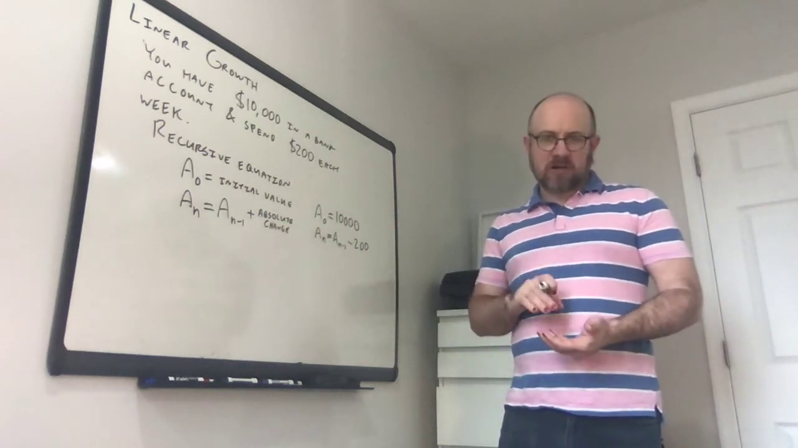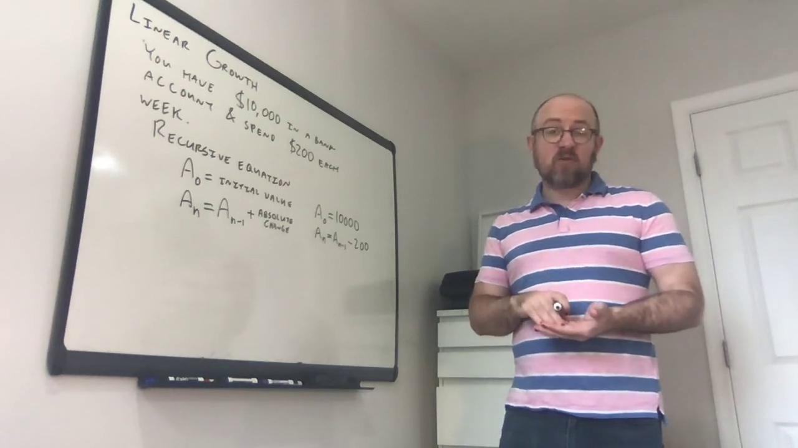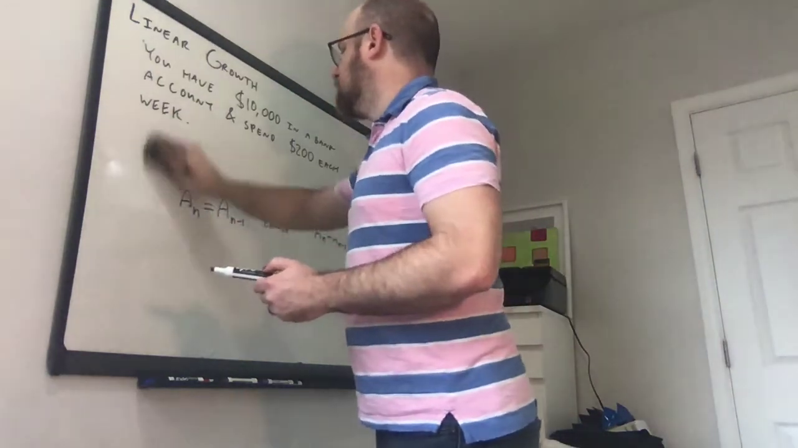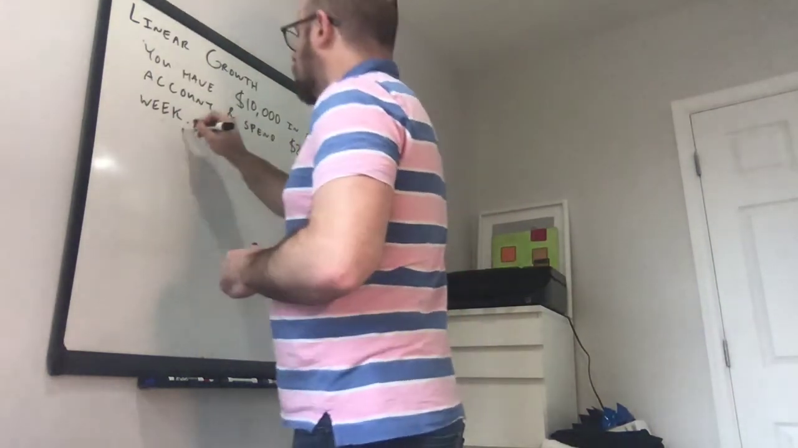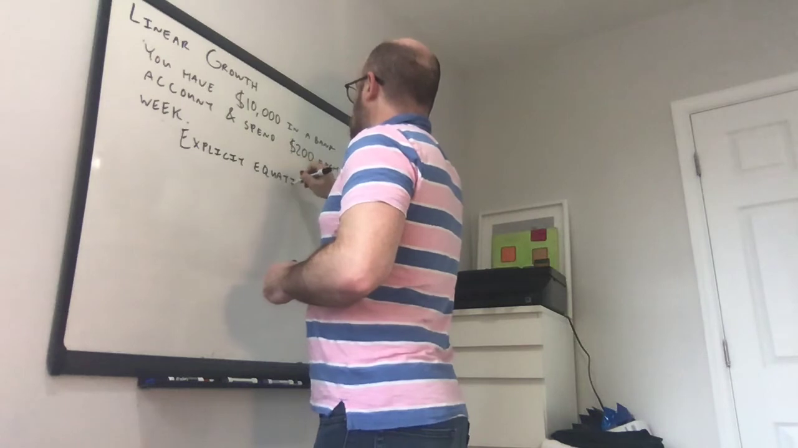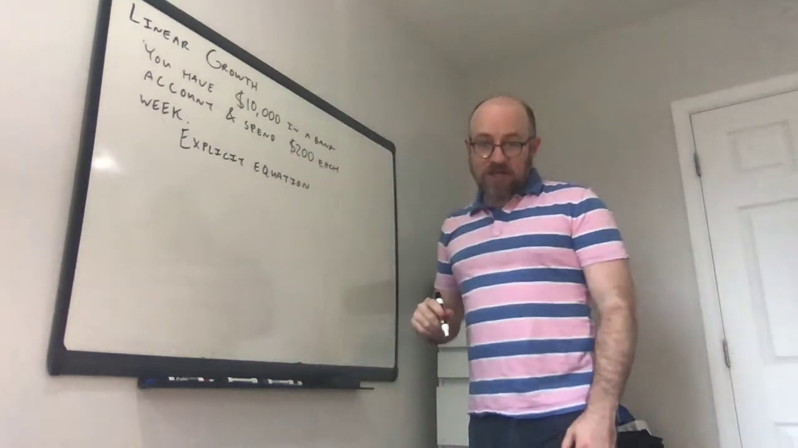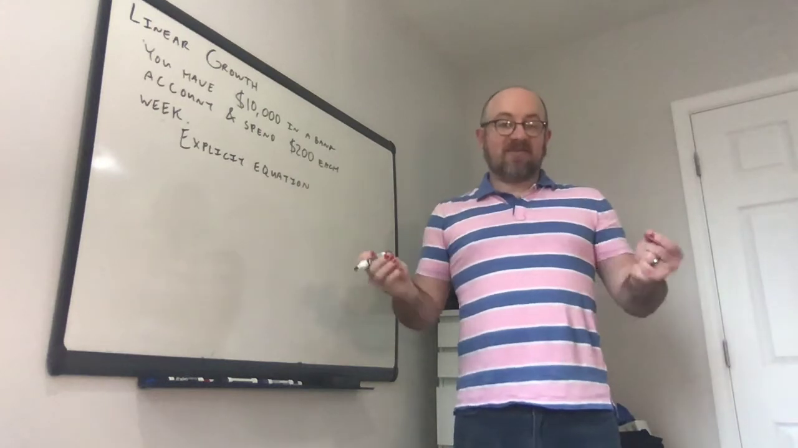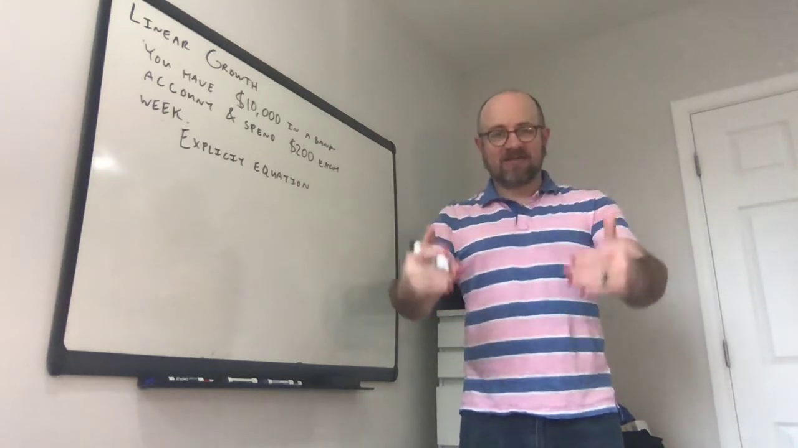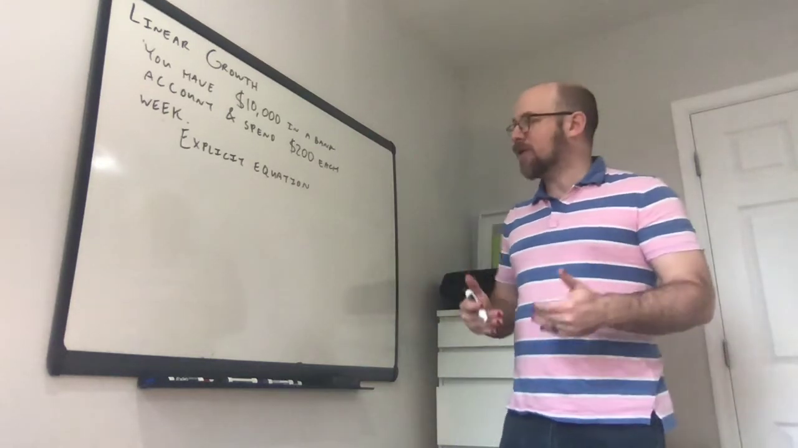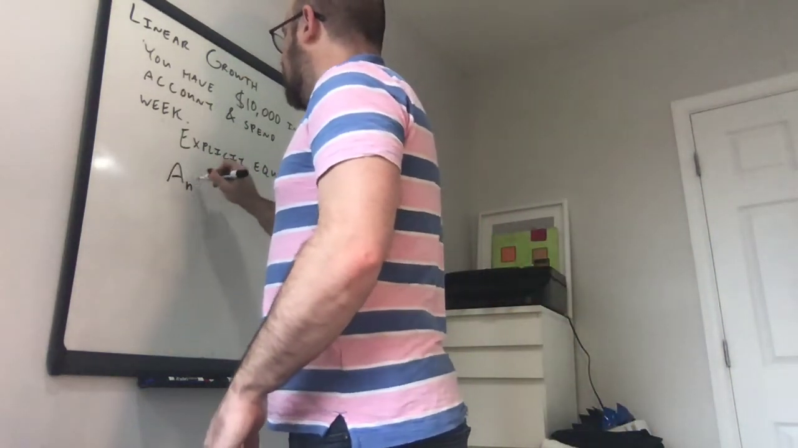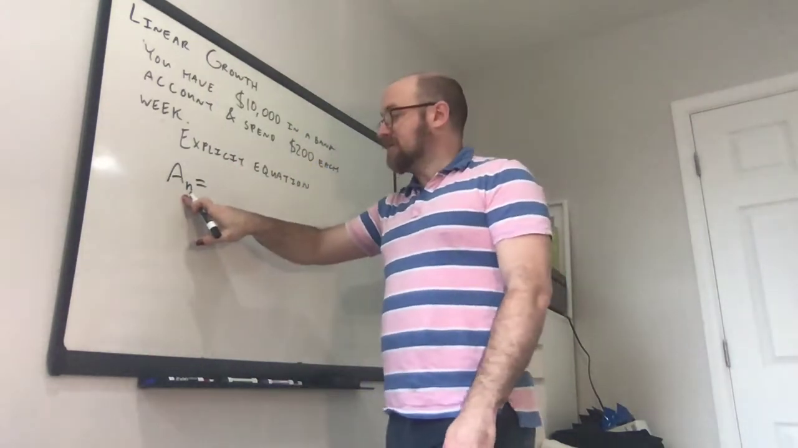The other equation that we're going to look at, which you're probably more familiar with, is what's called the explicit equation, okay? And so the explicit equation is going to go directly to the value for a sub n, okay? So it's not going to say, oh, we know the beginning, then we can get a sub 1, then a sub 2, then a sub 3, and so on and so forth until we get to whatever n we want. The explicit equation dives right in and says the value of the account after n weeks, a sub n,